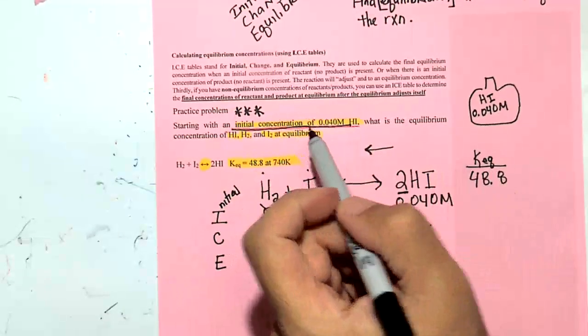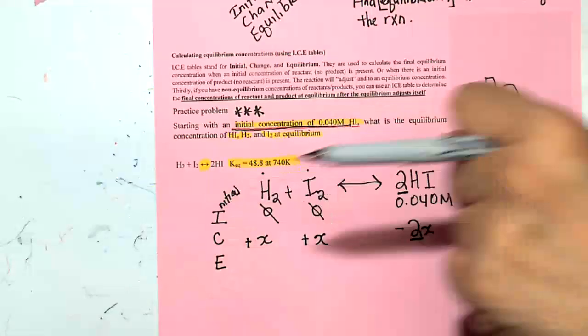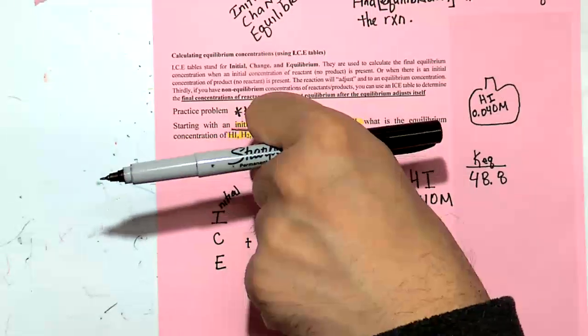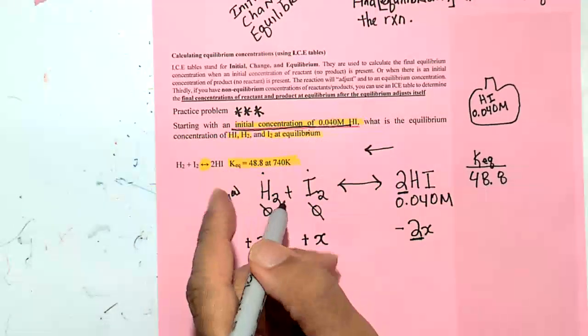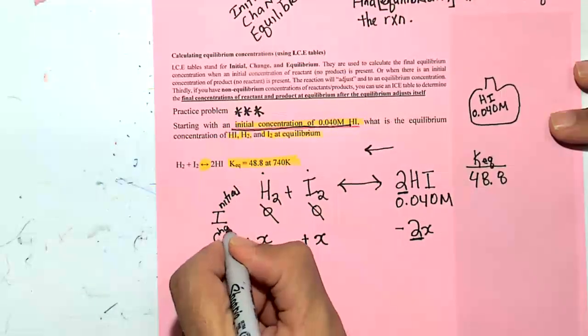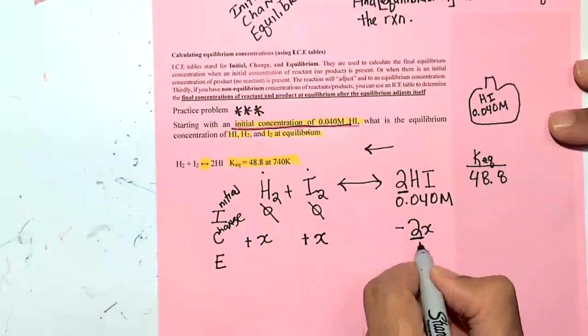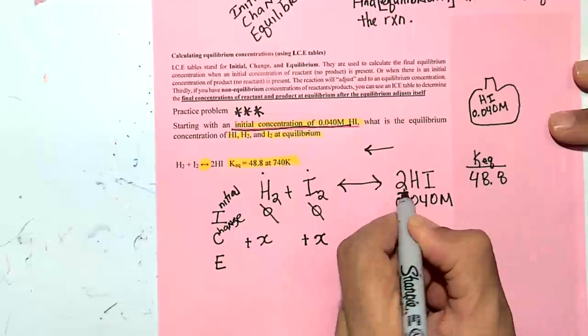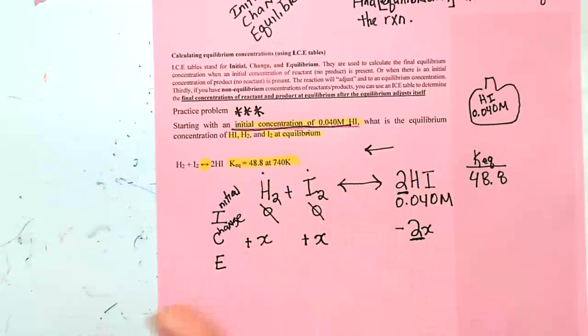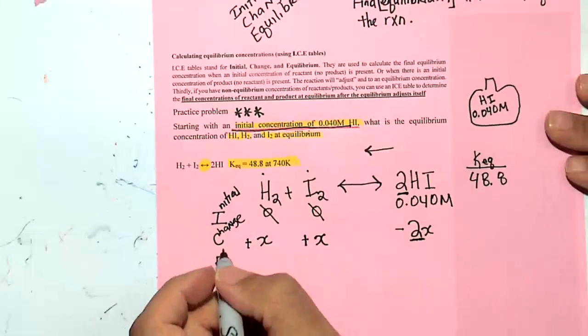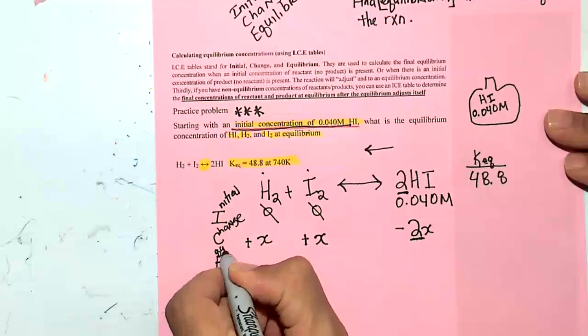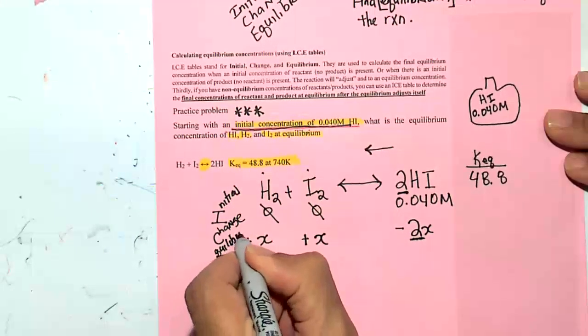We said it's going to shift to the left because some of that HI will go back to give you H2 and I2. So the change here is going to be minus 2x. Why minus 2? Because of the stoichiometry, because you have 2 of those HI's. And then finally at equilibrium,